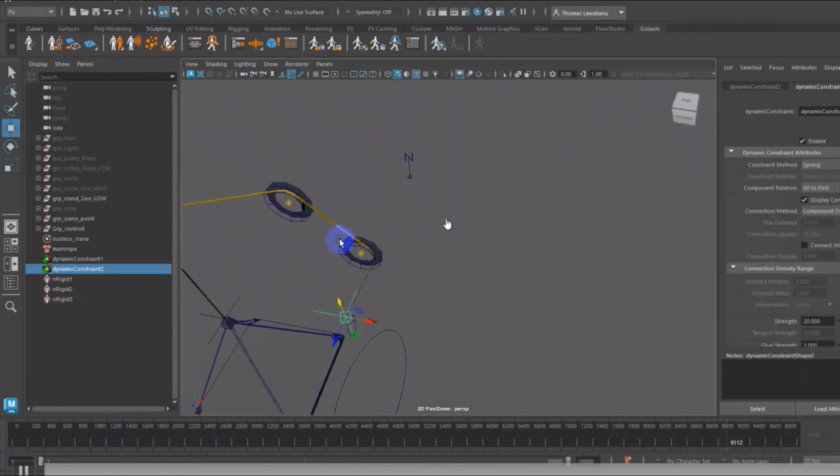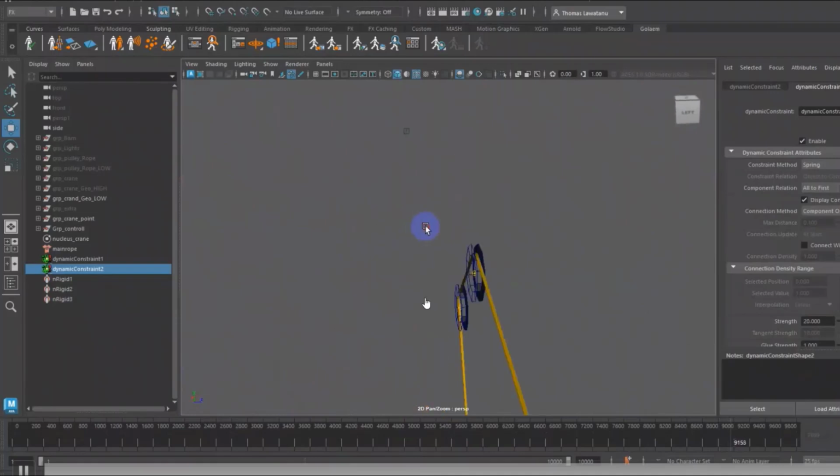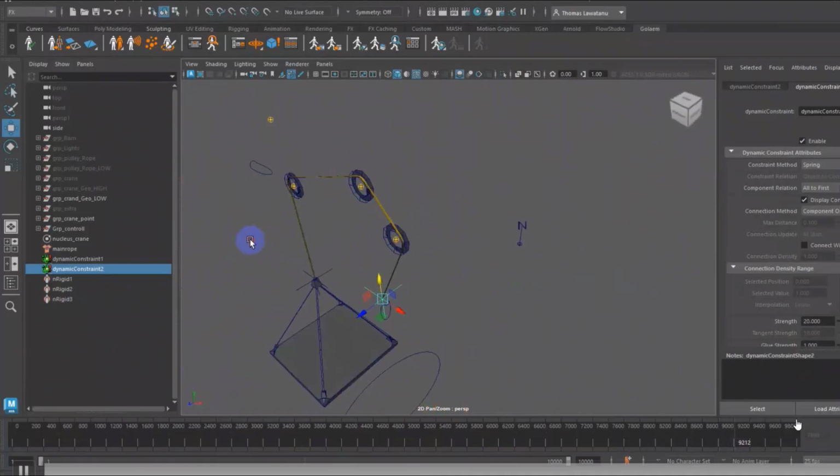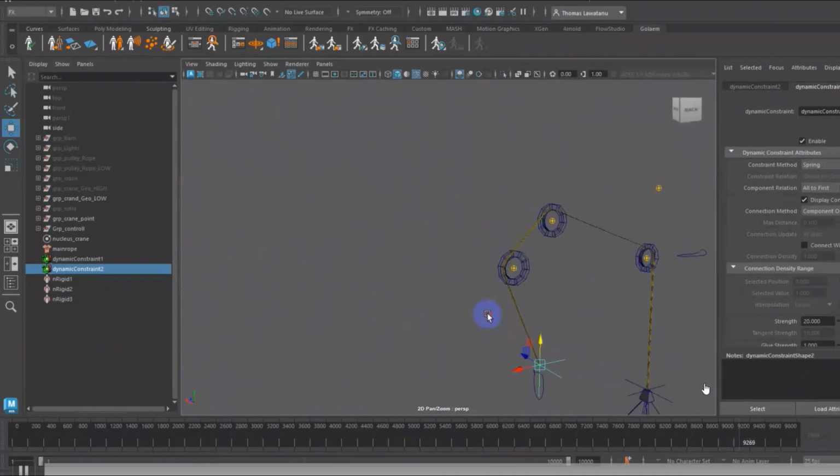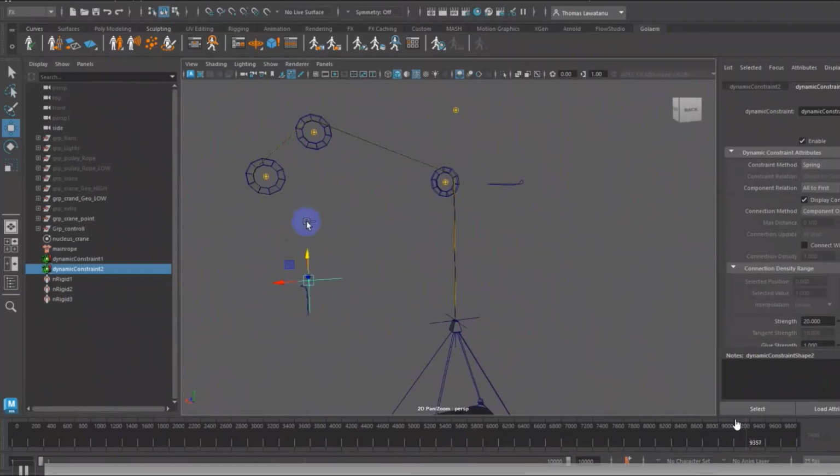After you do these positions, the next step is to tell Maya this is the default position. But again, don't push the back button, because it will be set to the default positions.